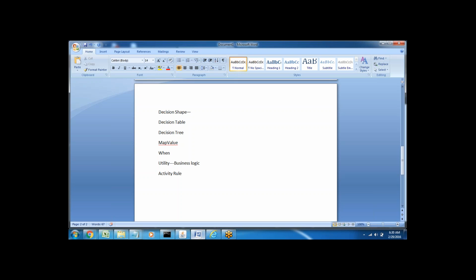See, anytime if you want to configure activity in a flow diagram, business logic will be defined using the activity rule. So in order to call an activity rule in a flow, we will use the utility shape. The purpose of the utility shape is to call activity rules in a flow diagram. So in this activity rule we can configure any type of logic using the predefined